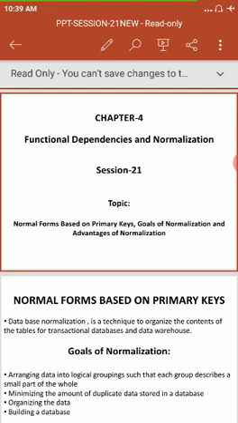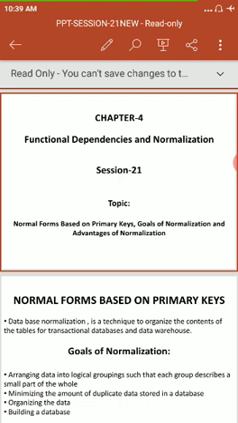Next, building a database. Another goal of normalization is building a database. Creation of a database is very important. Properly we have to create it. If you create it properly, then easily we can organize the data, because there is no redundancy.